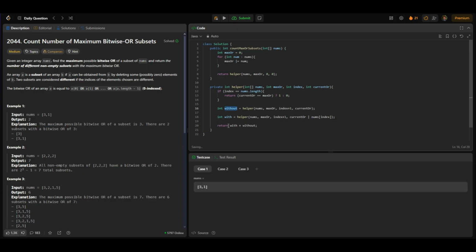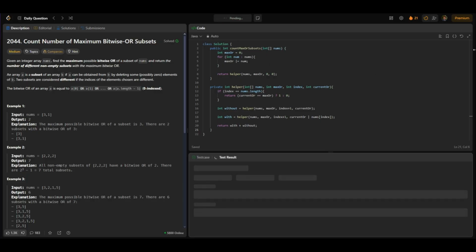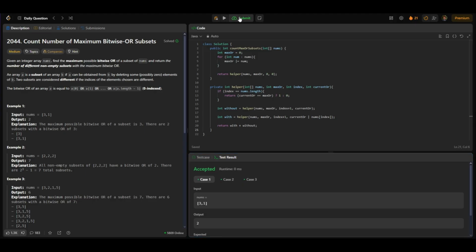Because without will find its own subsets, with will find its own subsets, and whatever their total is what we want to return. So if we run this, it passes our test cases, and if we submit it,